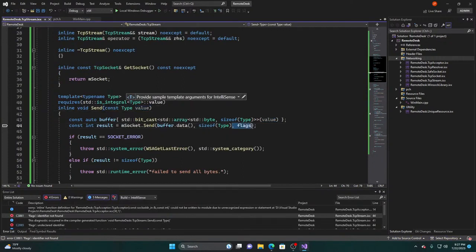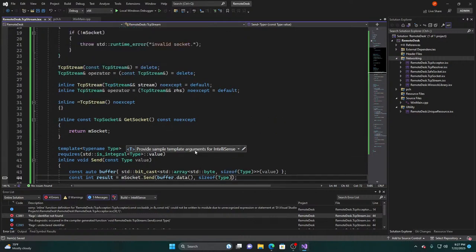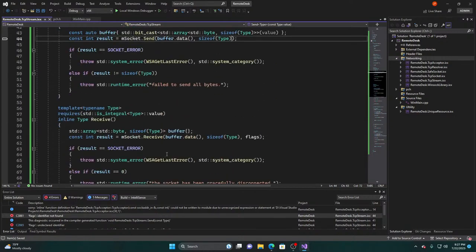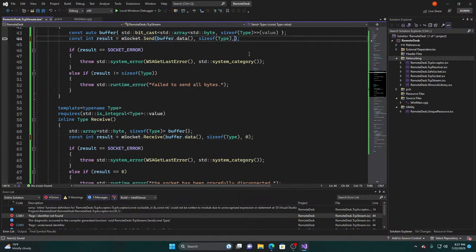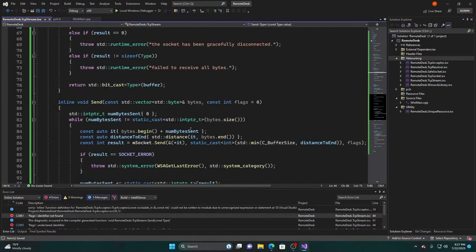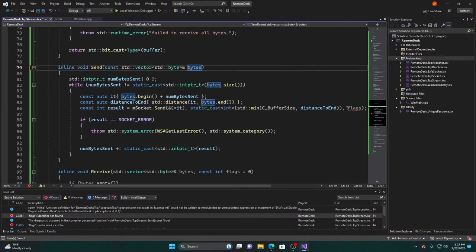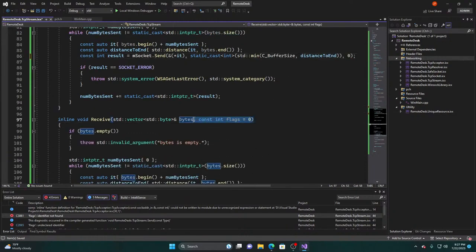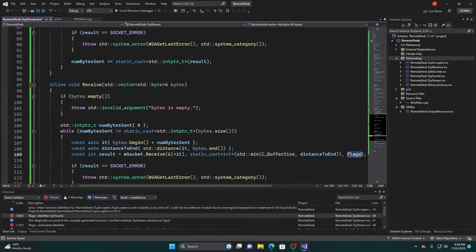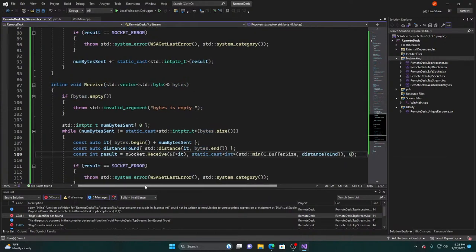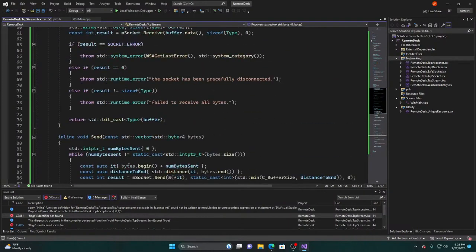That's right, I got rid of flags here. I got rid of flags here too, so that will be 0. Don't mess this up, make that 0. And then here we have flags, but actually I don't want flags. I want this to be a higher level abstraction, so we're just going to pass 0 for flags. And the same thing here. We don't need flags, we'll just pass 0. Okay. So now,